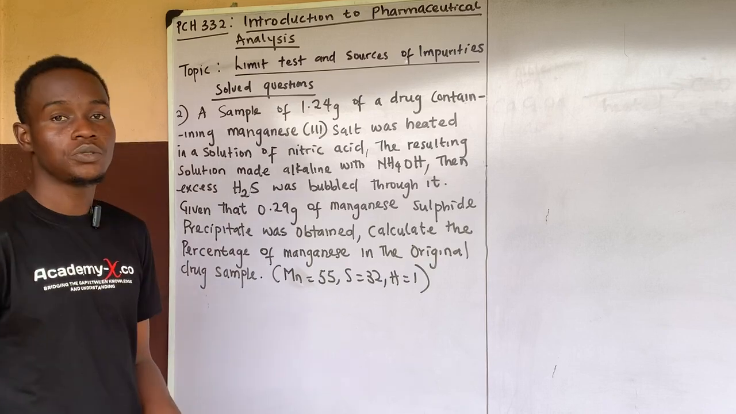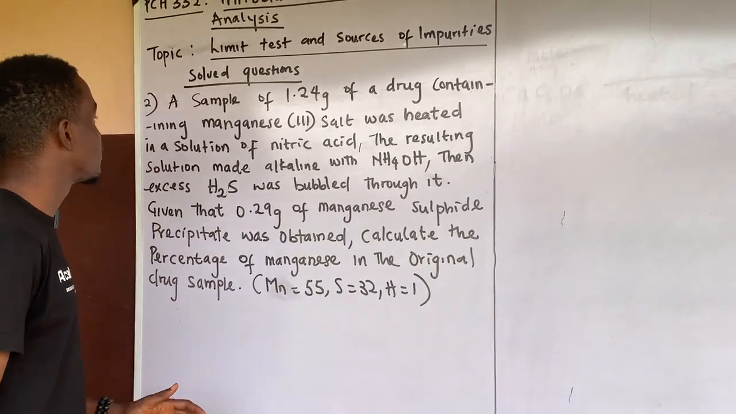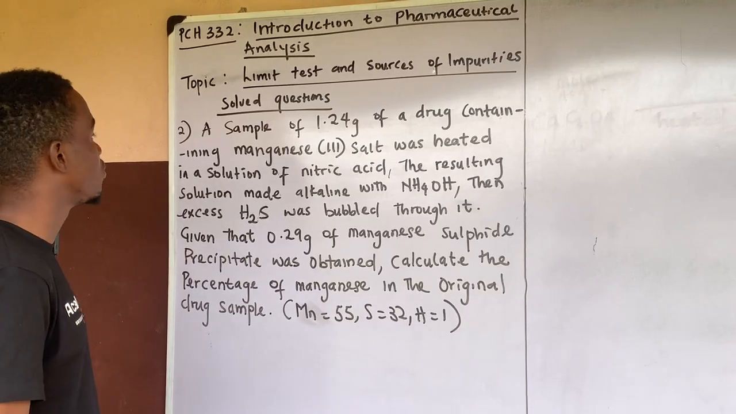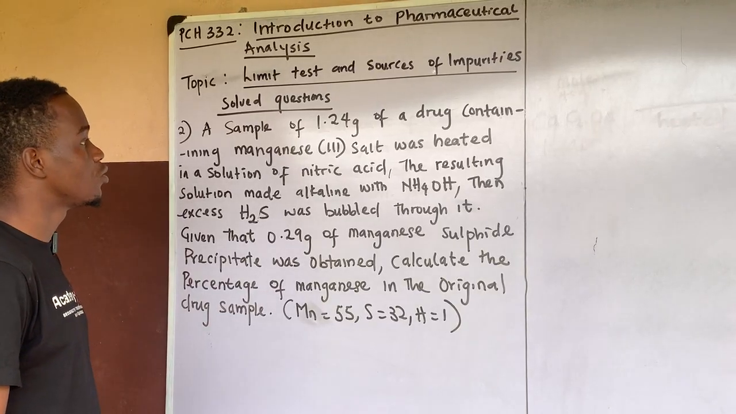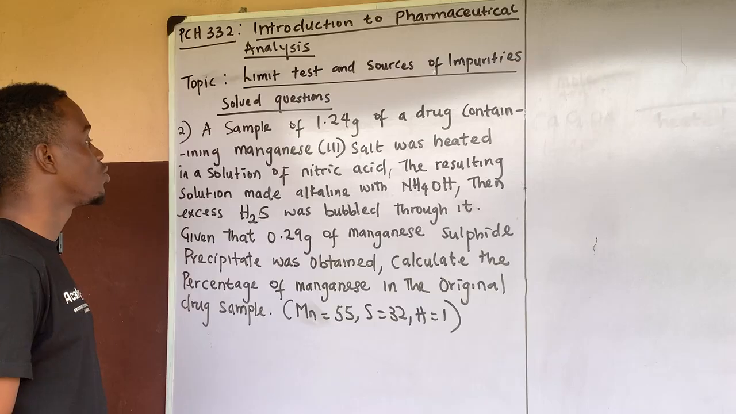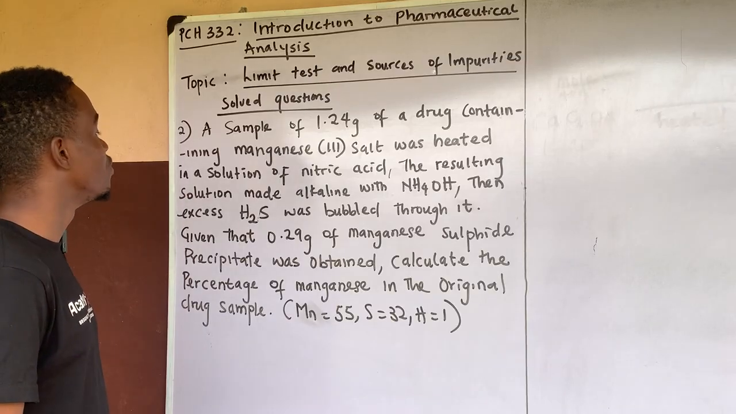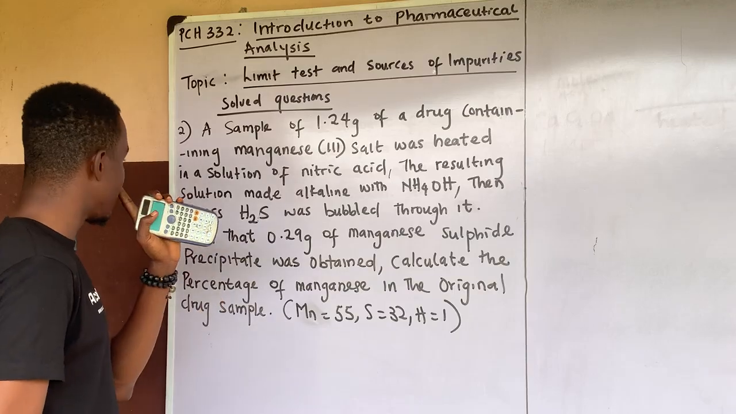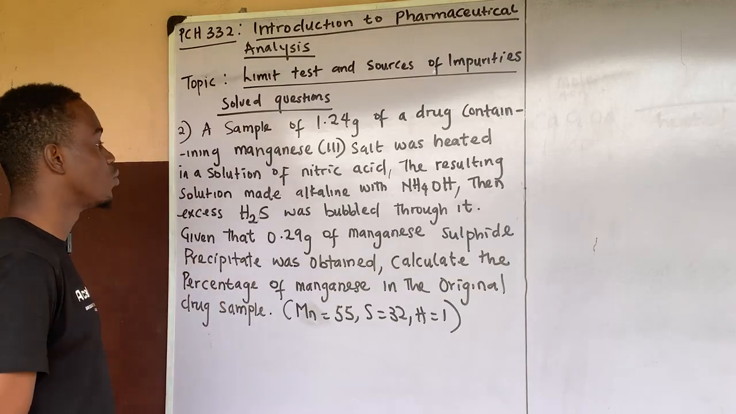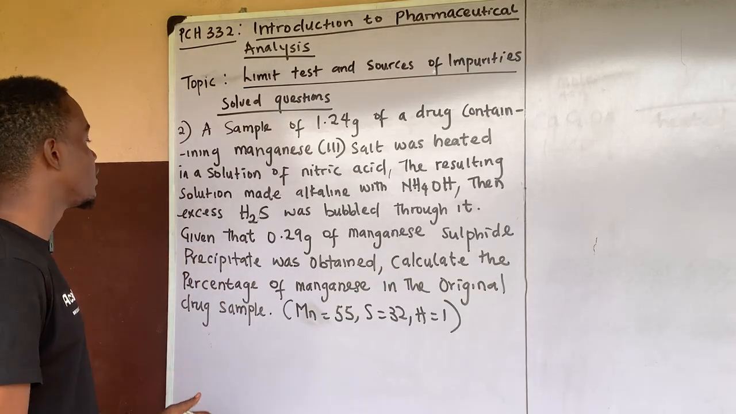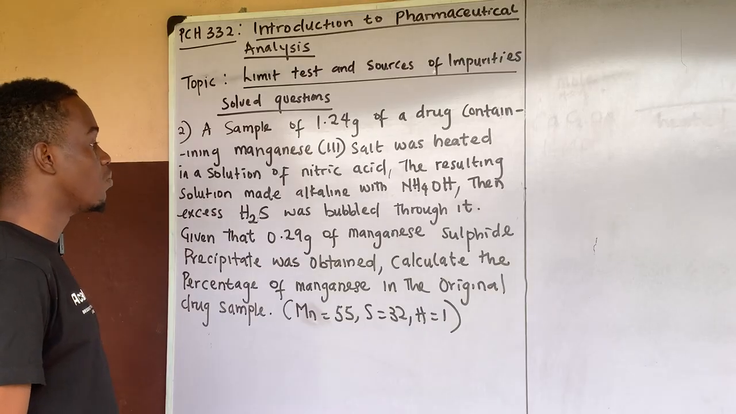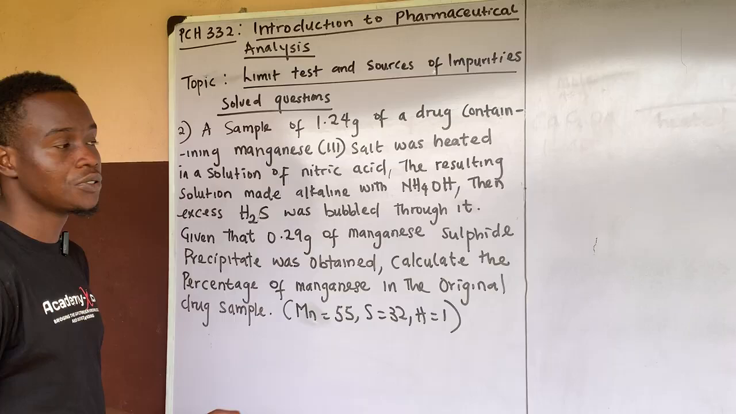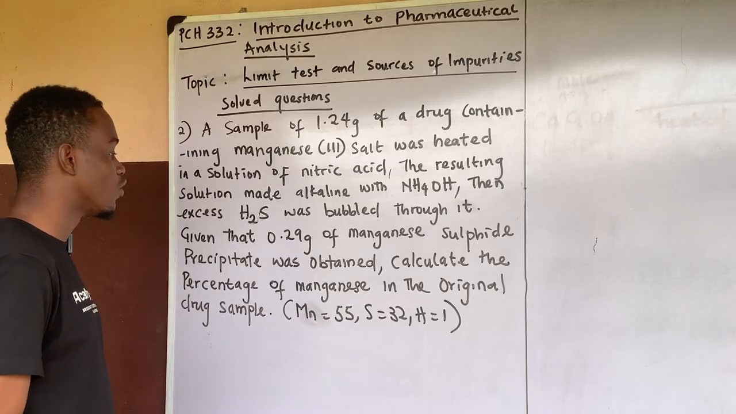All right, question 2. Question 2 says a sample of 1.24 gram of a drug containing manganese 3 salts was heated in a solution of nitric acid. The resulting solution was made alkaline with ammonium hydroxide. Then excess hydrogen sulfide was bubbled through it. Given that 0.29 gram of manganese sulfide precipitate was obtained, that's after the reaction, calculate the percentage of manganese in